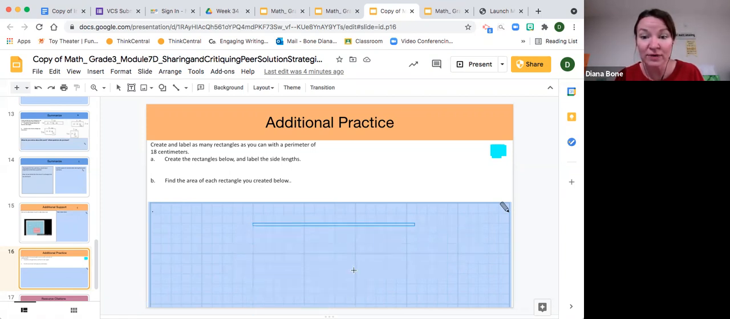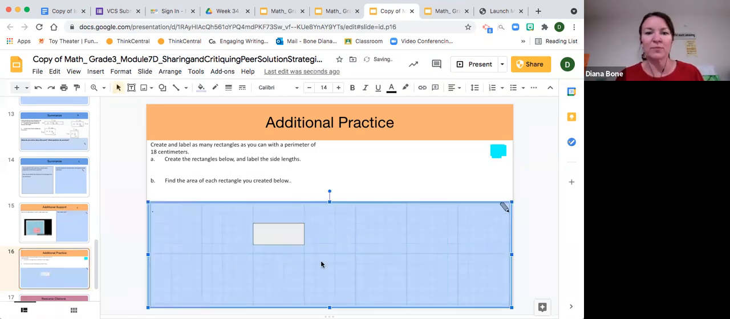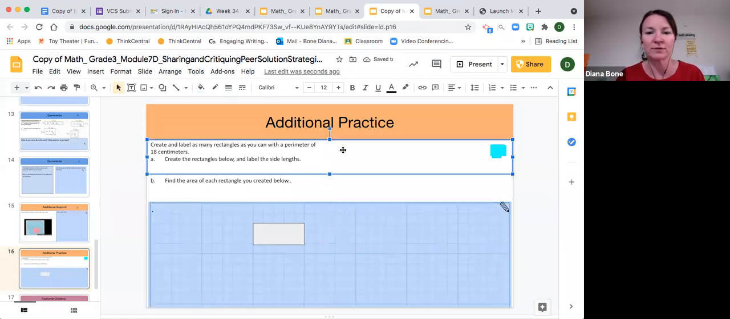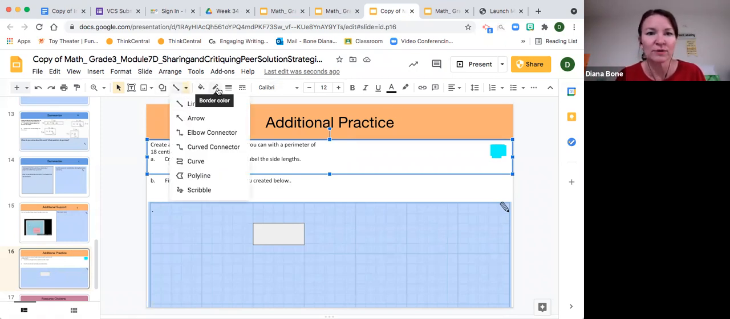I could bring it all over the place. Now I know this would be way more than 18. So let me bring it back and let me do that rectangle. Boom, there's a rectangle for you. You didn't even have to go line, line, line, line. It's already done. And now we're gonna use the scribble tool